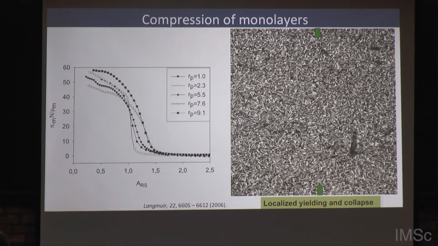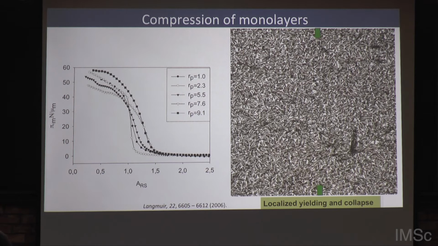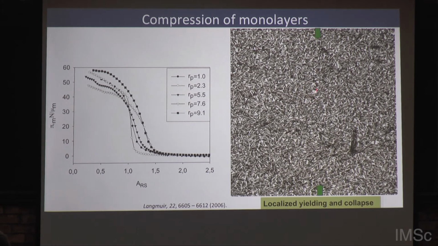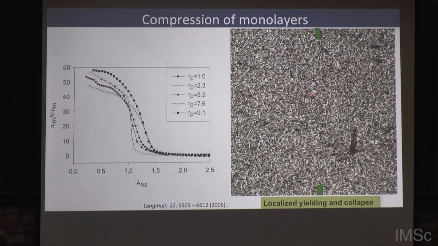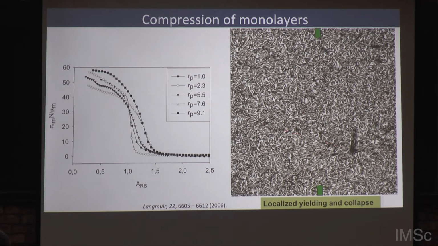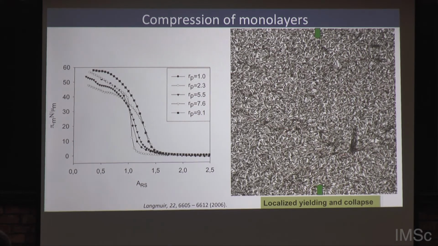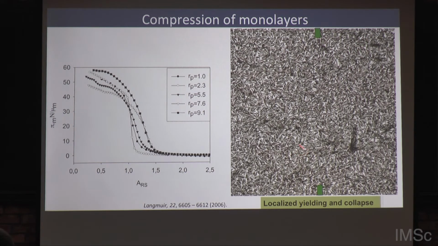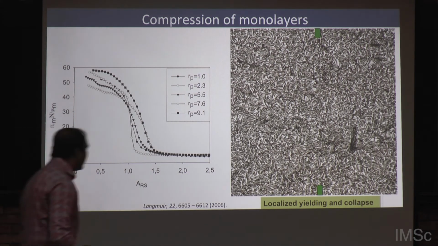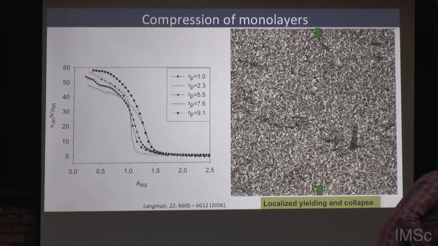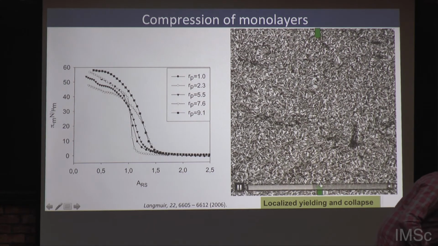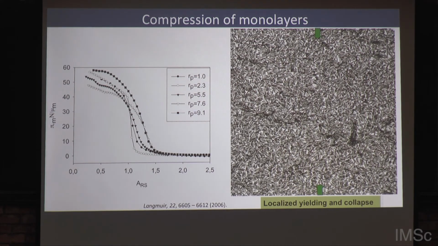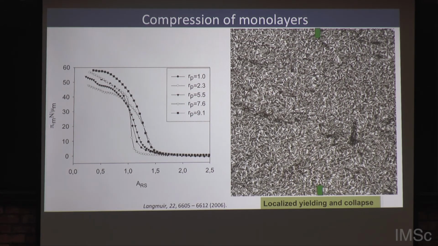When I am compressing, I would expect those empty spaces to close, right? Or I would expect an increase in the coverage there. However, the denser regions basically take up most of the compressive stresses. I think the movie is still going on. So at some point, you see a jerk, and that jerk actually occurs in this region where the particles are much more jammed compared to the other